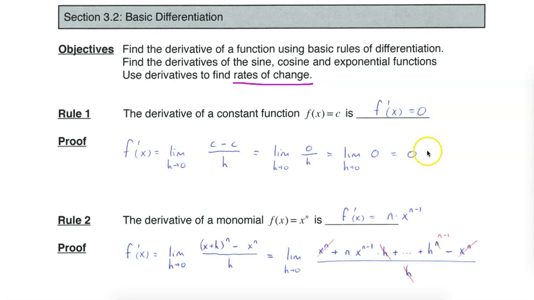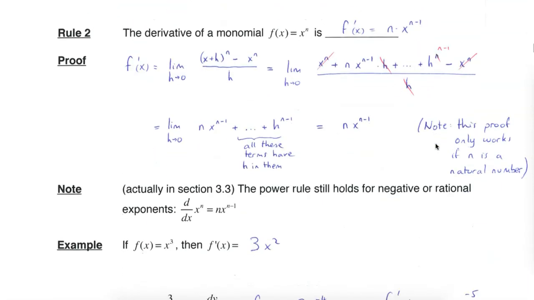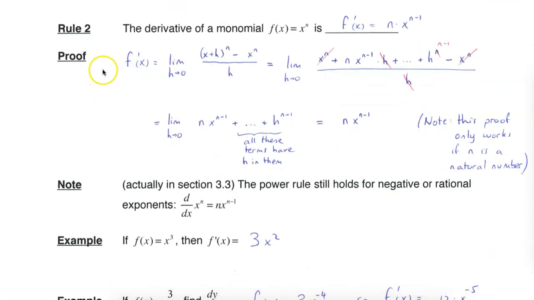The second rule is the power rule. So I'll call it the power rule from now on. I'm never going to talk about these numbers. They don't refer to anything. When you have a monomial, so a power of x, the derivative is f prime of x equals n times